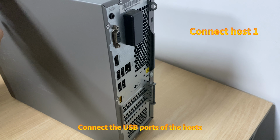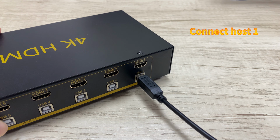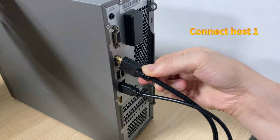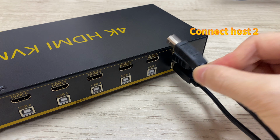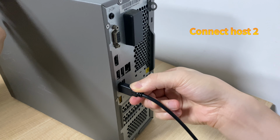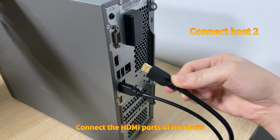connect the USB ports of the hosts, connect the HDMI ports of the hosts, connect host 2, connect the USB ports of the hosts, connect the HDMI ports of the hosts,